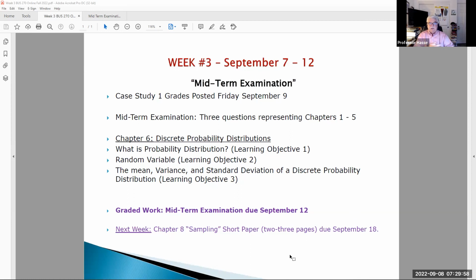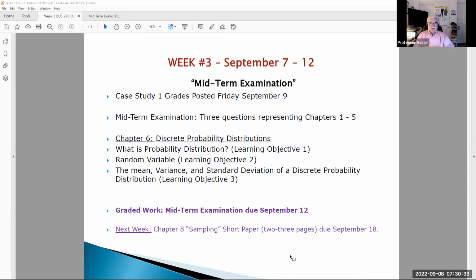It's week 3 of our fall study, midterm examination week. You say to yourself, hey, it's only week 3. This is an 8-week course. Why is the midterm in week 3? Well, for 2 reasons. It kind of breaks and follows the pattern of study in this course, and I don't want to go over into another area and have the midterm, and it's a cleaner break with the midterm at this point in time. This midterm is 3 questions from chapters 1 and 5, and this video is to introduce